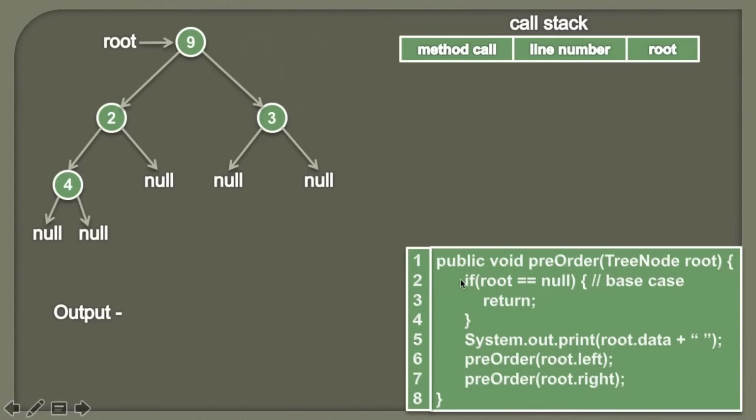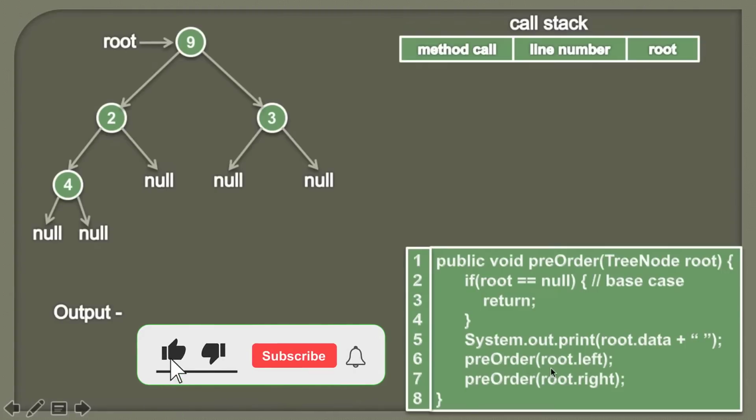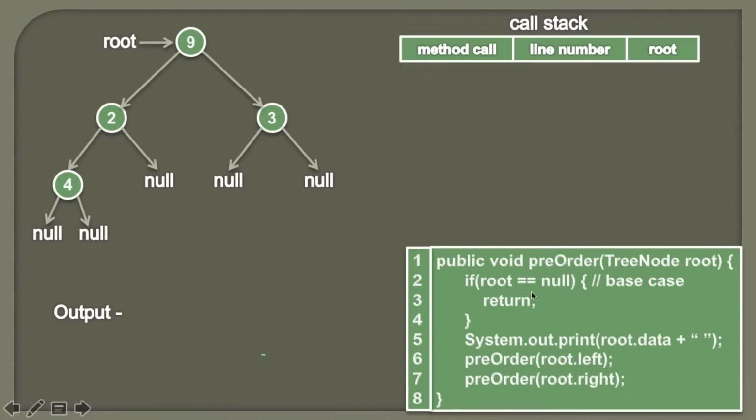So let's see the demonstration of this algorithm, that how we can process the nodes of a binary tree in pre-order traversal. So here you can see that below is the algorithm for it, and as we are applying this pre-order traversal to each and every node recursively, the method name is pre-order, and inside this method we are again calling this method to process the left and the right subtree. So friends, when we are doing a pre-order traversal, we are calling this method recursively, and in order to understand this method recursively,